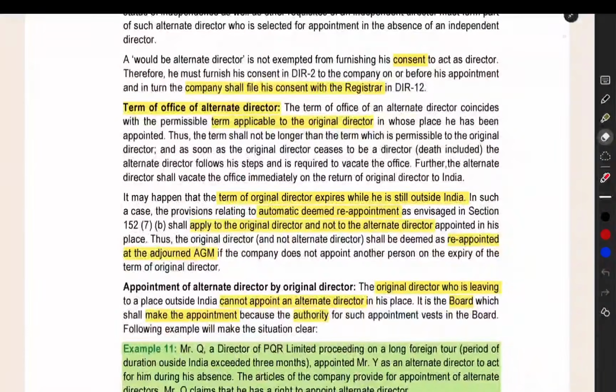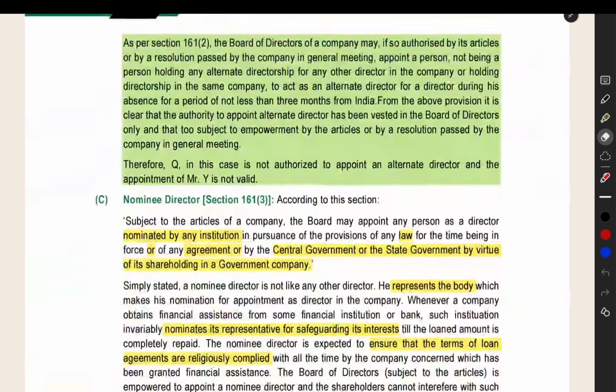These important points you have to mark down, and then you can write some important points in the form of notes here. For example, consent should be filed. You can write it like that. This will help you to recall the important points quickly during your exam. In a 4-hour exam, when you are turning the pages, you will get to know the important points very easily.